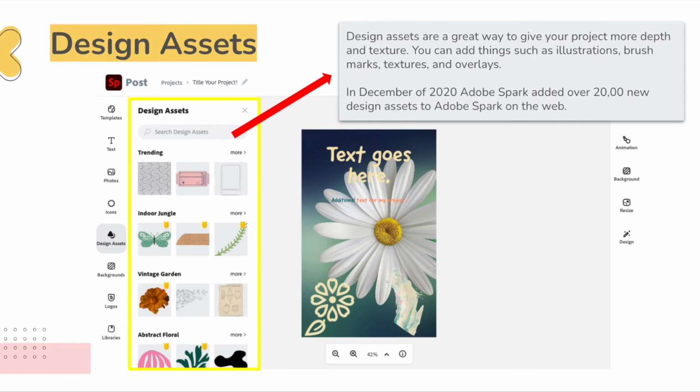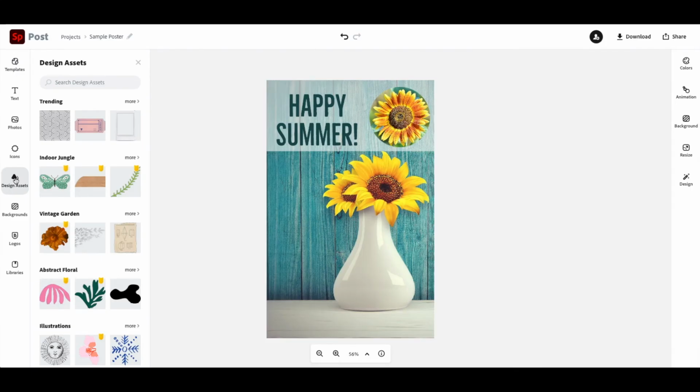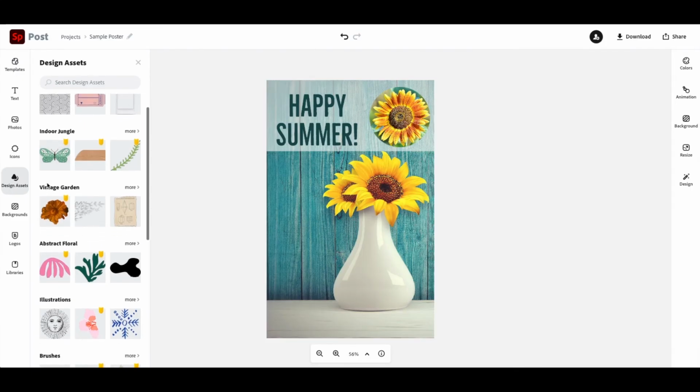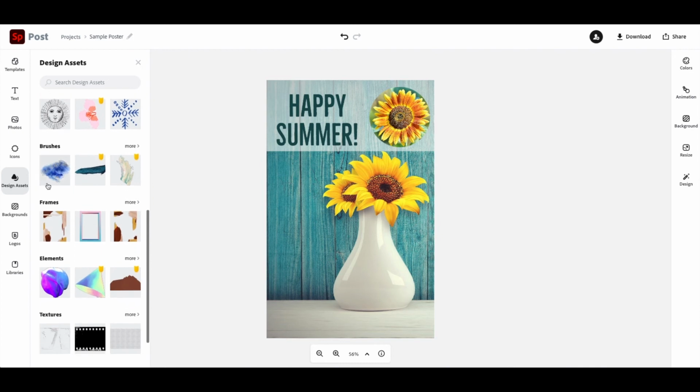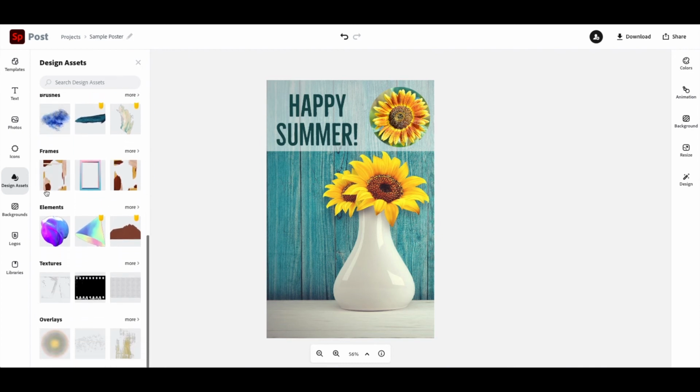In December 22, Adobe Spark added over 20,000 new design assets to Adobe Spark on the web. And they're really a great way to give your project more depth and texture because you can add things like illustrations and brush marks and textures and overlays. I particularly really love the textures. I think they're super fun elements to add to your project. So textures and overlays are two of my sort of favorite, and let's go into overlays and let's see what